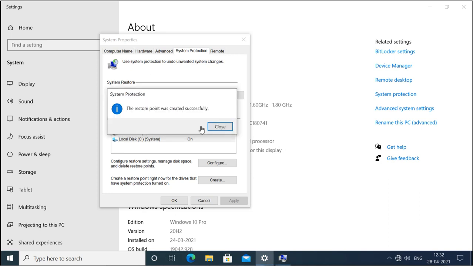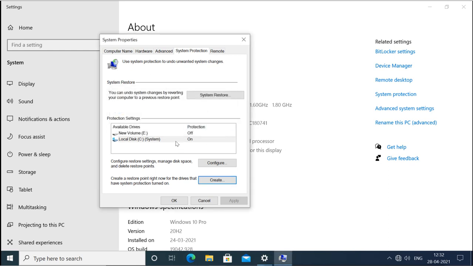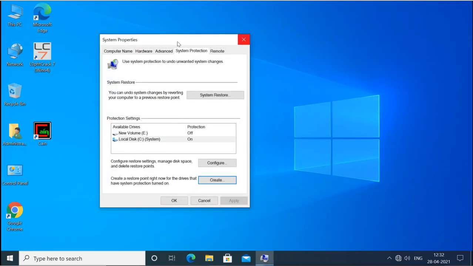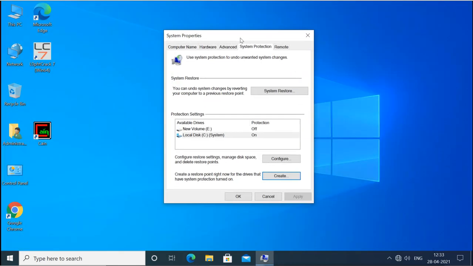So this is now successfully created. So like this you can create many restore points and you can restore the machine to that previous one. Now my system is corrupted, or maybe my software is not working properly, but I have the restore point created, so I can go back to that previous point.